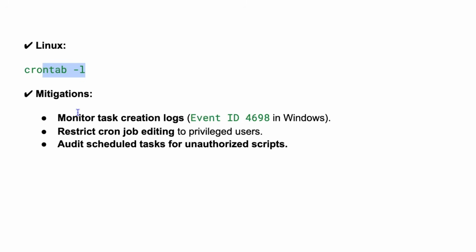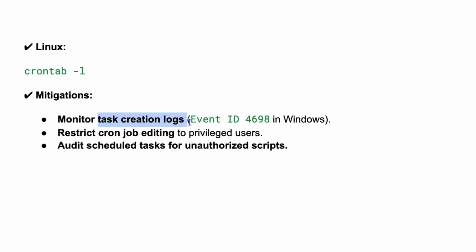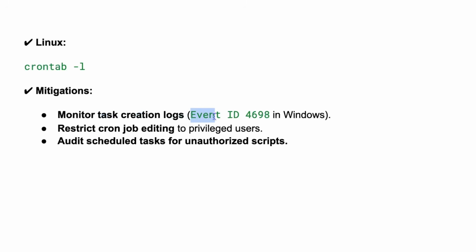crontab -l is a much simpler way of getting the list of all of the scheduled tasks inside of Linux. But in general, the mitigation would be to monitor all task creation logs or events, right? The event ID for a new task being created is 4698 in Windows. But if you just look at your files regularly, almost religiously, where you look for whatever scheduled tasks are created and just keep track of them,